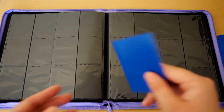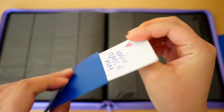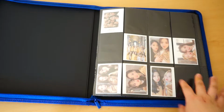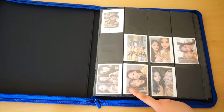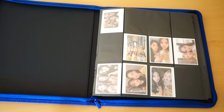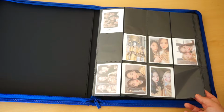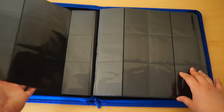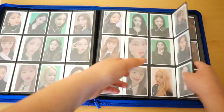And then the next set of cards that I have are from the Season's Greeting. The backs are so cute. So that's going to be a different binder. Okay, so this is the next binder. This is mainly merch, and as you can see, these have the white backings because I kind of originally started this way and I ran out of the plain blue sleeves. So the Season's Greeting are probably going to go at the end of the merch,